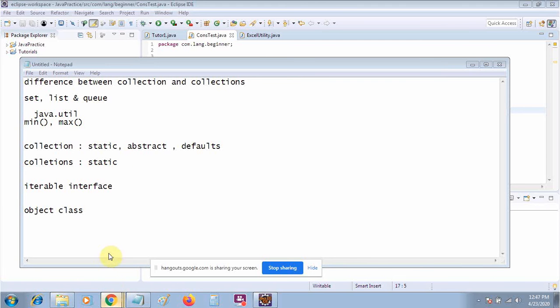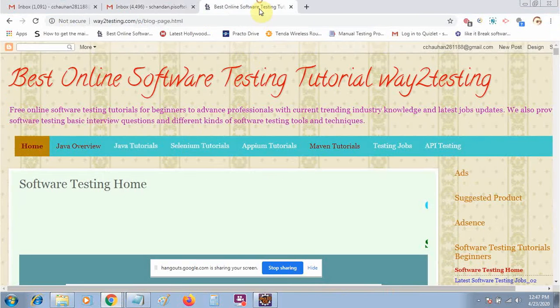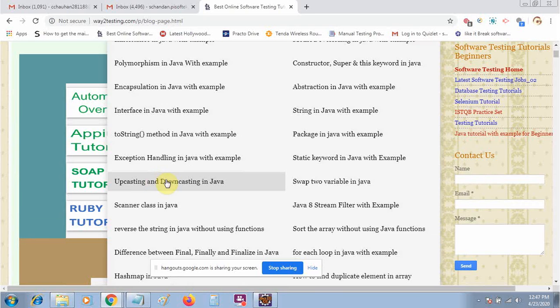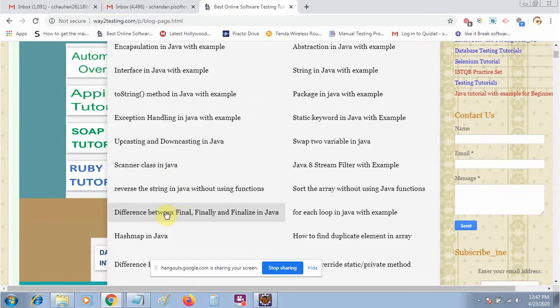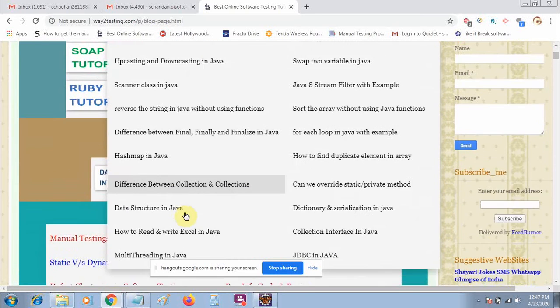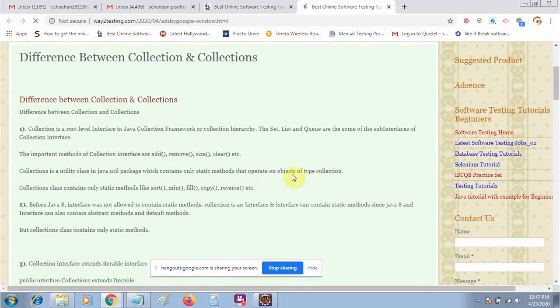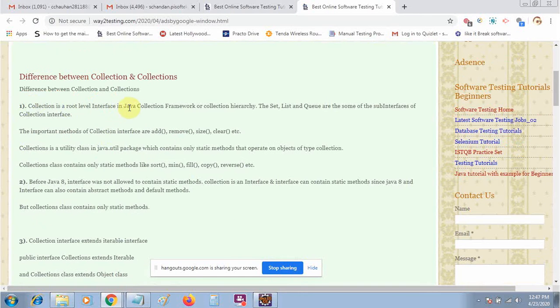The same thing is also available on my website. If you go here, I have given a very good example with all these things, like the difference between Collection and Collections. Here I have written that Collection is a root level interface in the Java collection framework, and Set, List, and Queue are sub interfaces of the Collection interface.